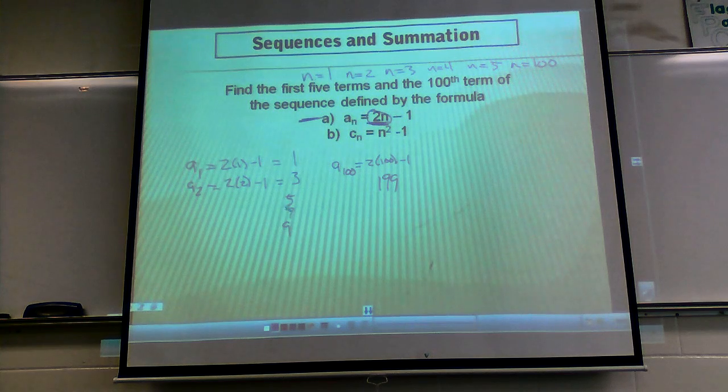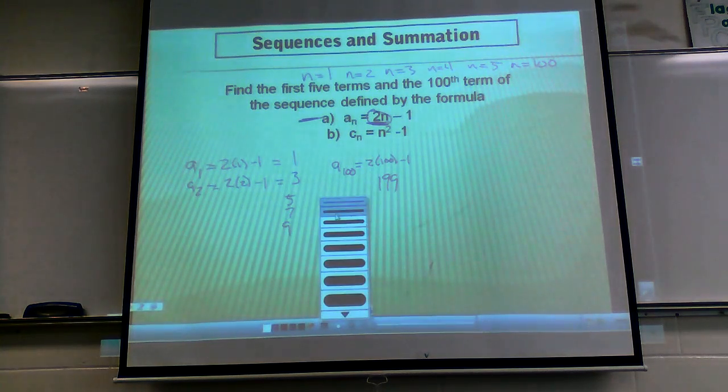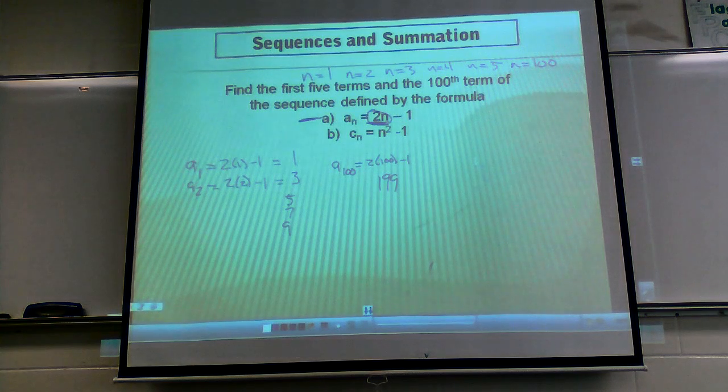If you can figure out the patterns to them, guys, it's going to save you time. It's not a necessity because they have a formula defined for you, so you can plug everything in. It just might make your life a little easier there. And then, if I did the other one,